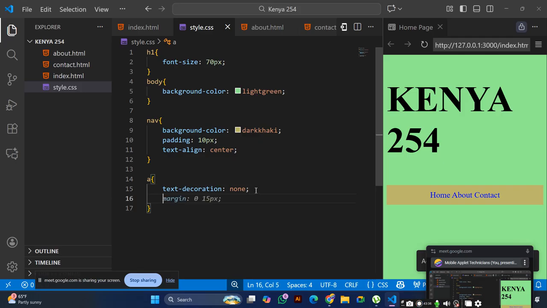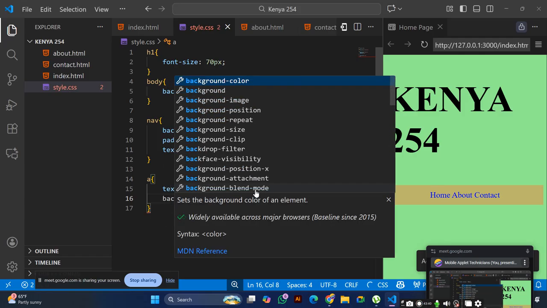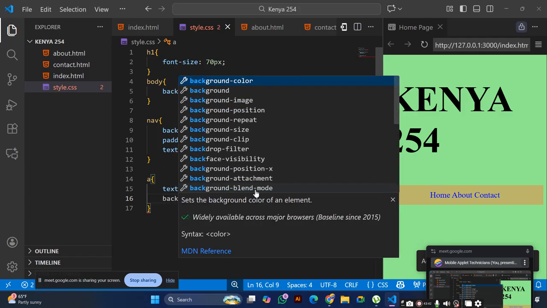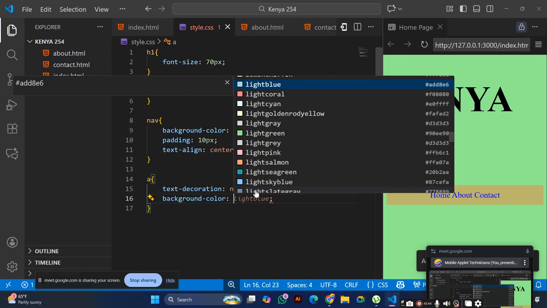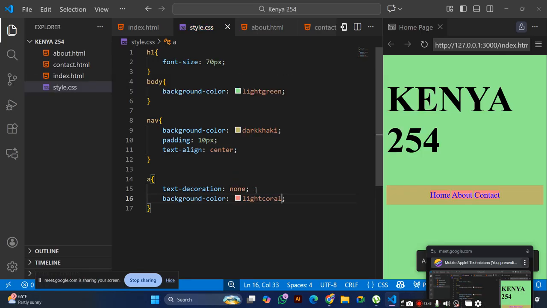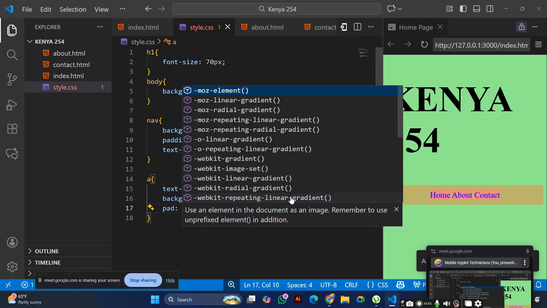You can make the A tag to have some background color of its own. We can make the A tags to have some padding of their own.